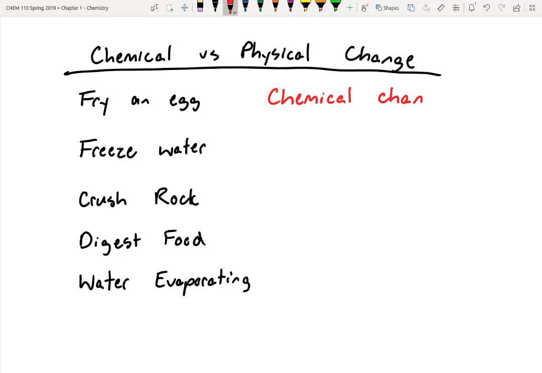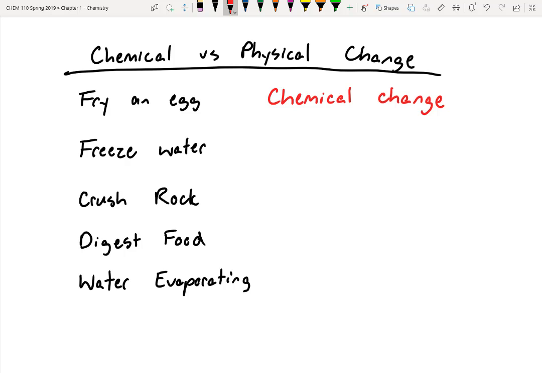It's a pretty interesting process. If you ever take biology, you'll learn about proteins, right? So proteins are in eggs, and when you apply heat to proteins, they do something called denaturize. Basically, you break apart those proteins, and sometimes they'll cross-link with other proteins. You get a lot of unique chemistry going on. So you're actually changing the state of these proteins in eggs when you cook them. So that is a chemical change because we're making and breaking bonds, which we'll talk about later.